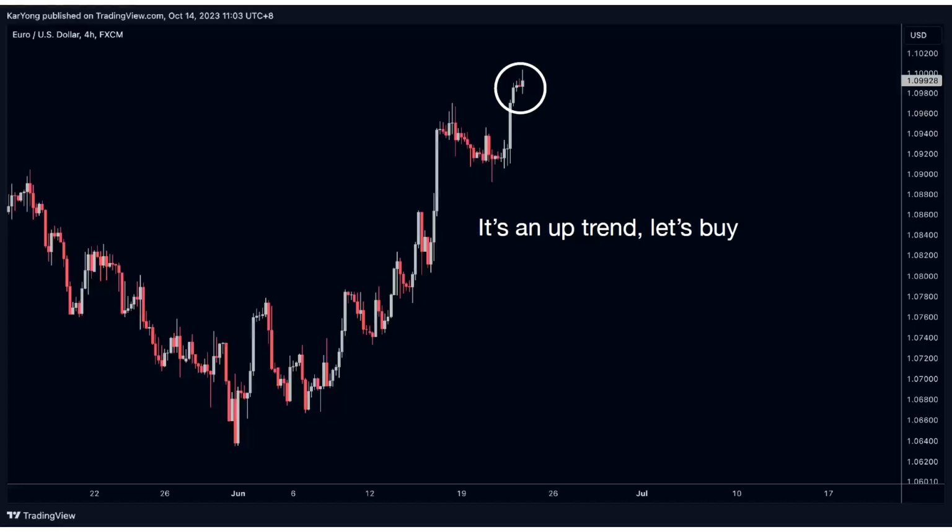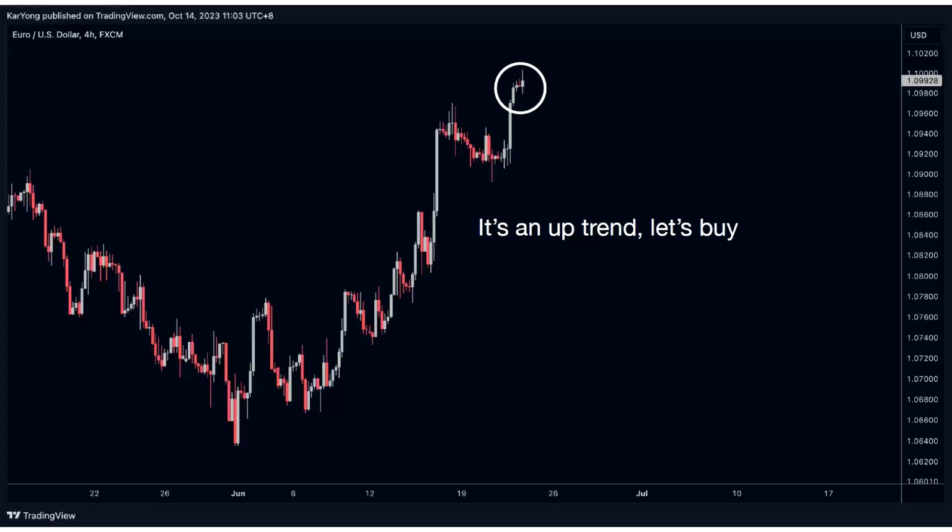So let's talk about the first one. Imagine today you stuck to the right direction, which means that you analyze the chart, like in this case here. You look at the chart and it's clearly an uptrend, and then you say, okay, let's buy. You're basically following the trend, so there's a high probability you're going to make it, because the overall trend is up and you're looking at the buy side of things. You have a high chance of winning. The odds are with you.